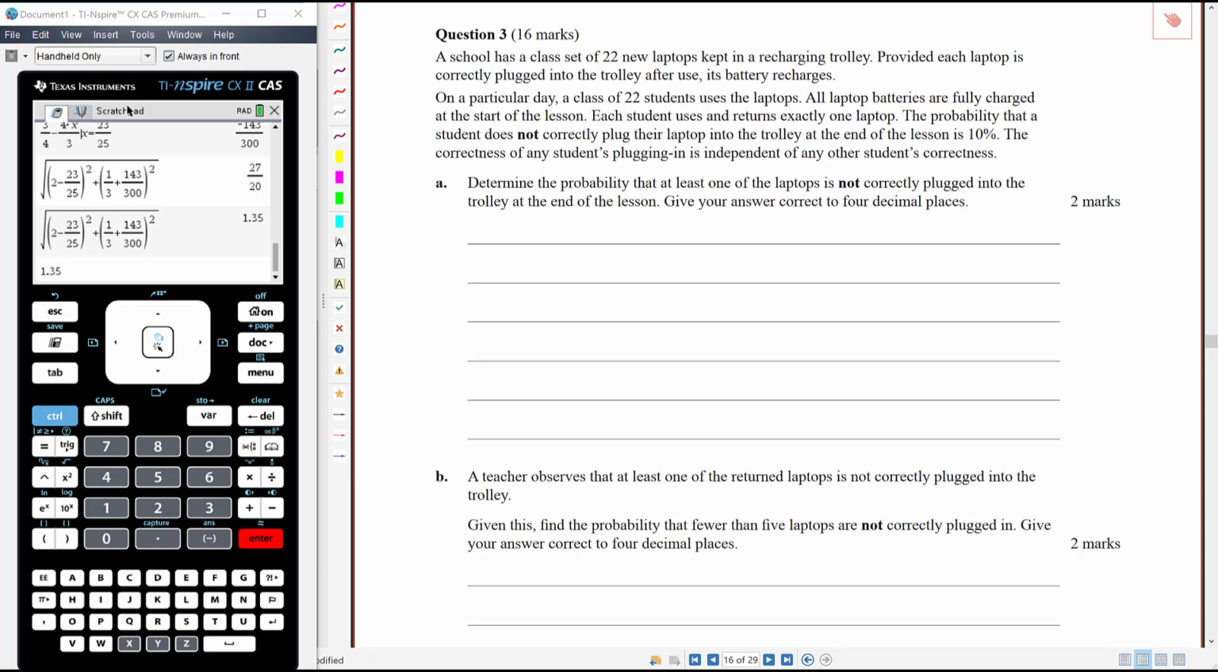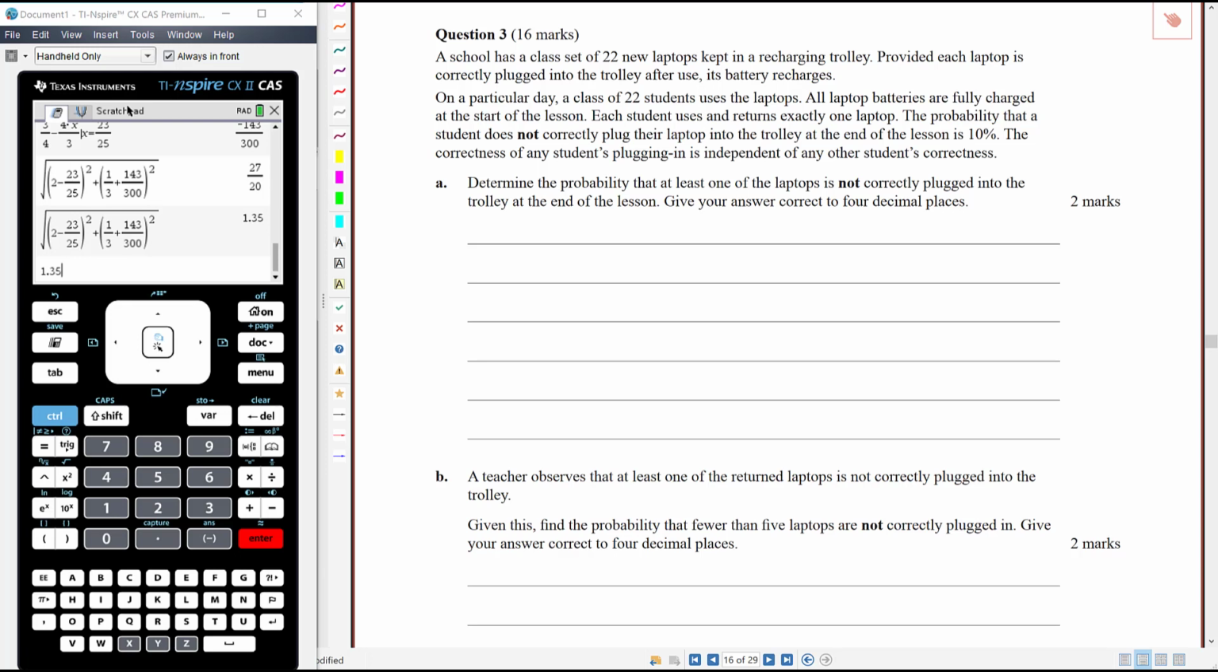Okay, so a school has a class set of 22 laptops kept in a recharging trolley. Provided each laptop is correctly plugged into the trolley after use, its battery recharges. On a particular day, a class of 22 students uses the laptops. All laptop batteries are fully charged at the start of the lesson. Each student uses and returns exactly one laptop. The probability that a student does not correctly plug their laptop into the trolley at the end of the lesson